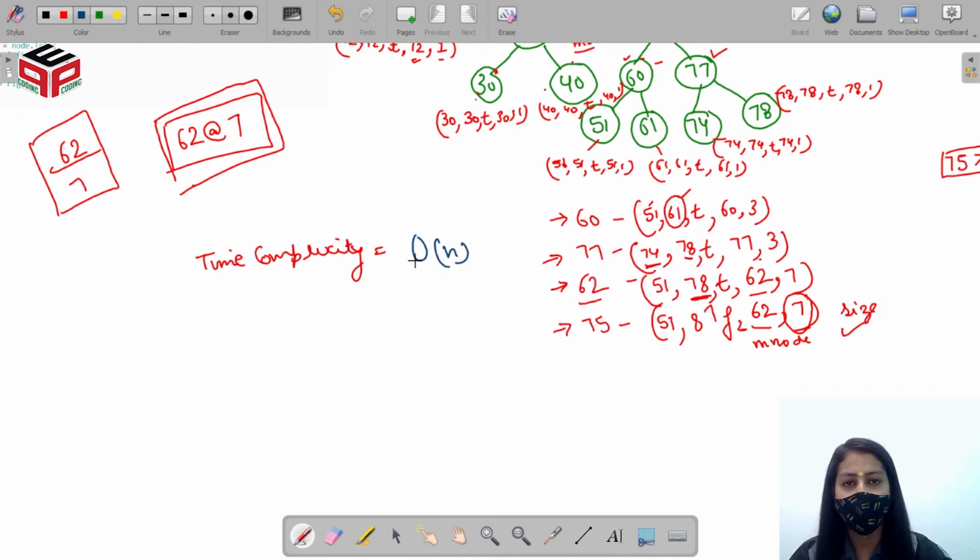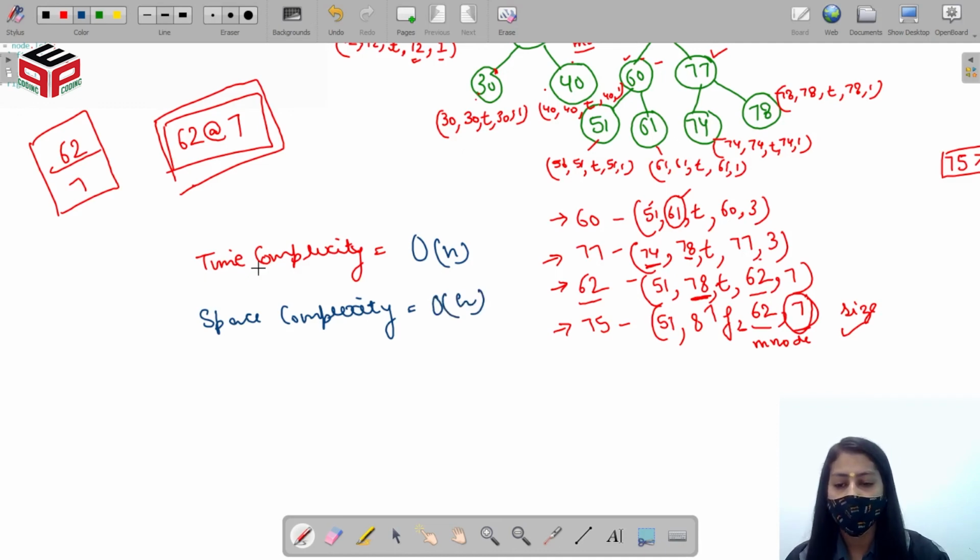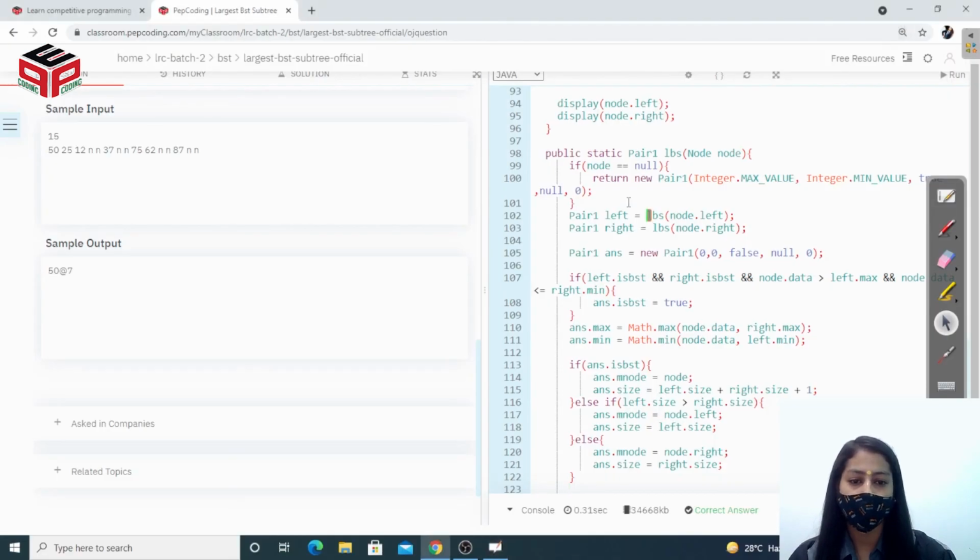The space complexity will be big O of the height of the tree, whatever the height of the tree is, right? So I hope you understand the question. So try it on the website, right?